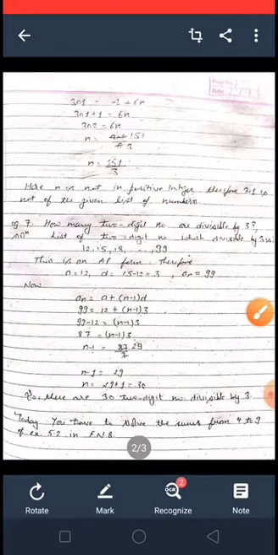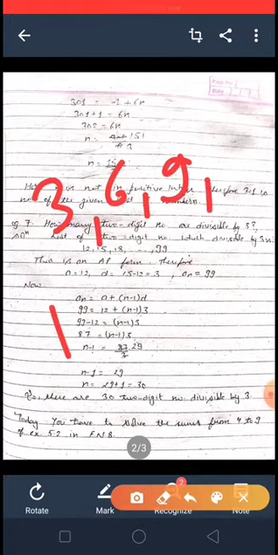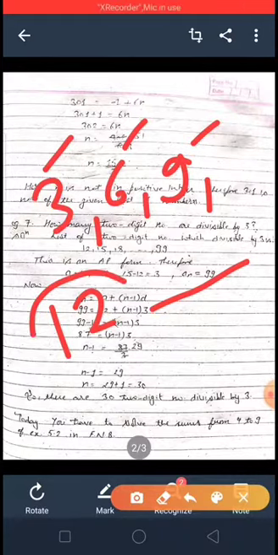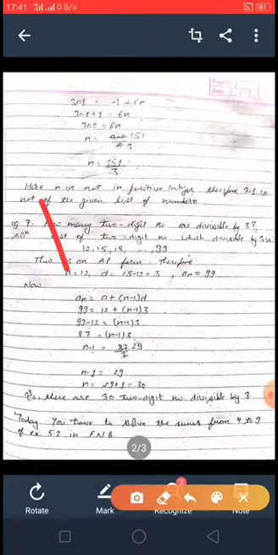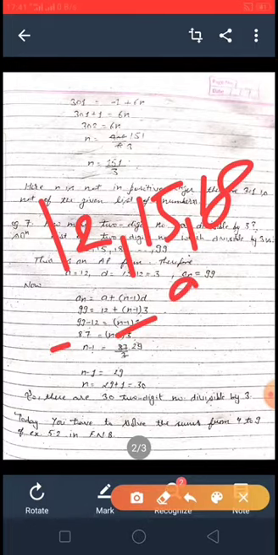Here is one important note for you. Most of the students start from 3, 6, 9, 12 and so on. We know that 3 is divisible by 3, 6 is also, 9 is also, but these are single digits, and in the statement we are given 2-digit numbers, so it will start from 12. Clear? So our list of numbers will become 12, 15, 18 and so on up to 99.